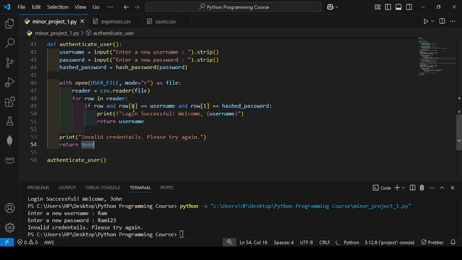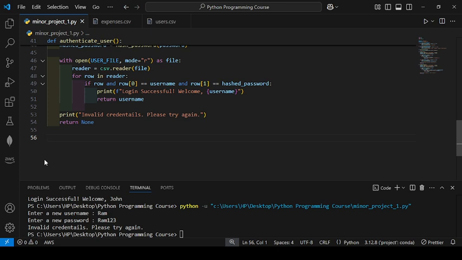So if the user has logged in, then we will perform a lot of operations, like we add an expense in the expense.csv file. We can view the expense and we can analyze the expense. So let's make a function to add an expense. This is a functional approach. We will write modular code which is reusable, easy to understand, and we can expand it. Define add expense. You have to write a descriptive function name so that anyone can understand. Username,